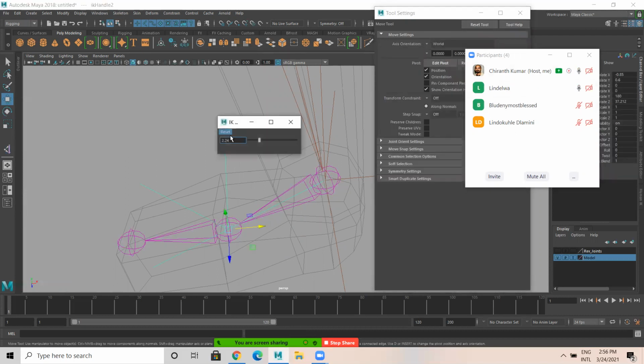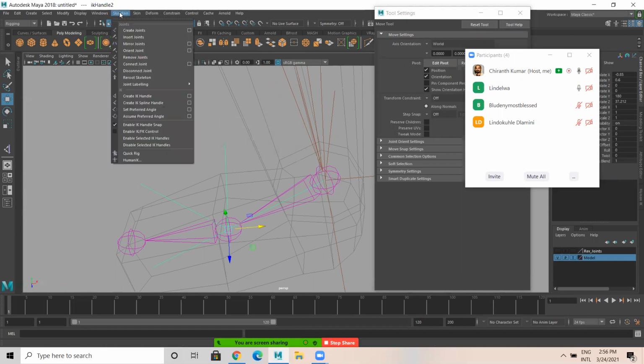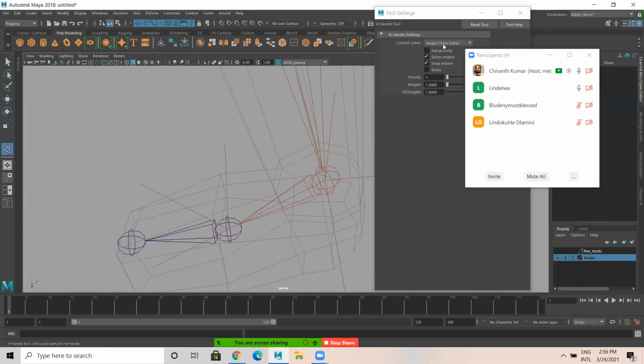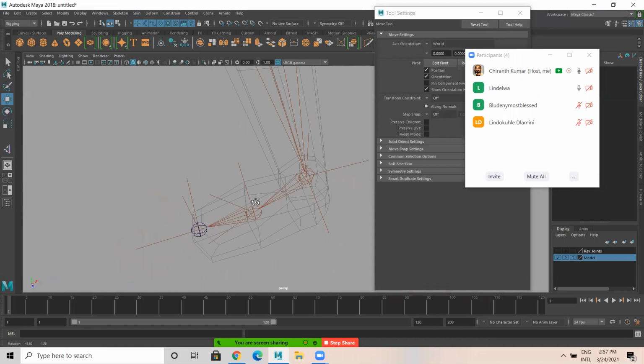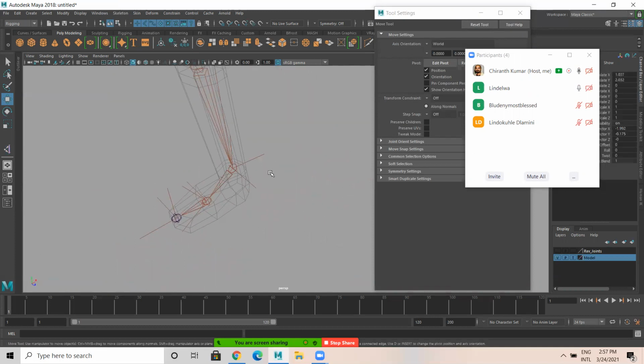Again take SC, single chain solver, from ball to toe. This is because there is one extra joint in the middle, the knee.